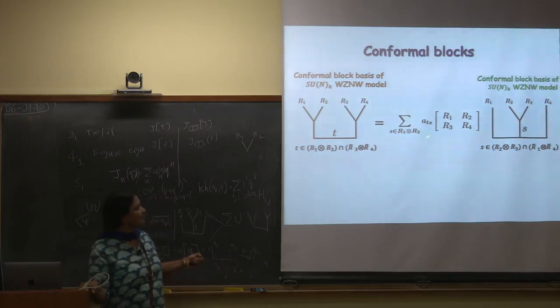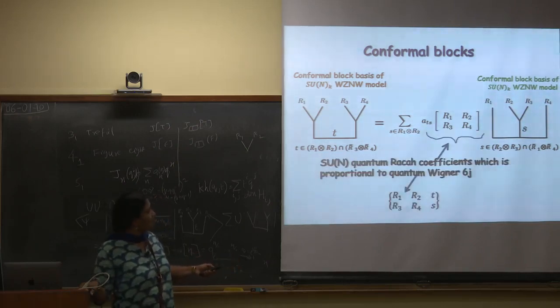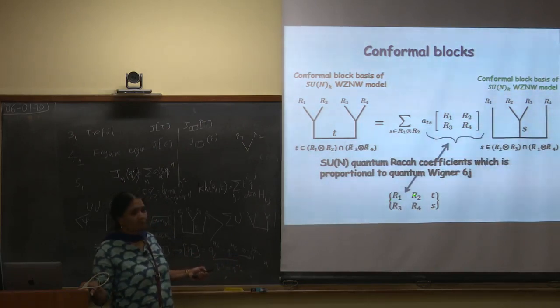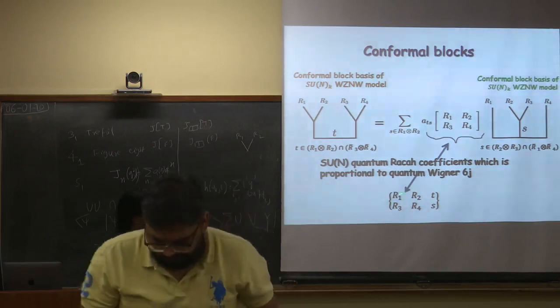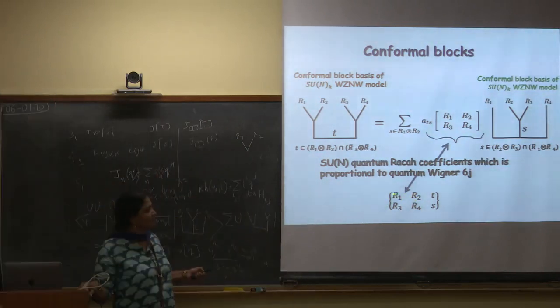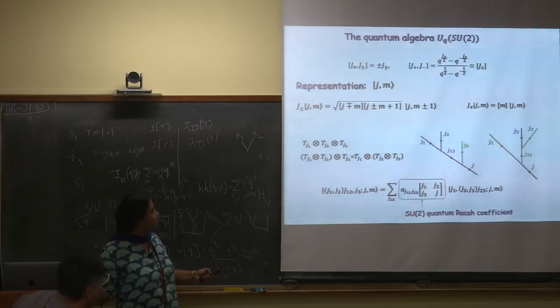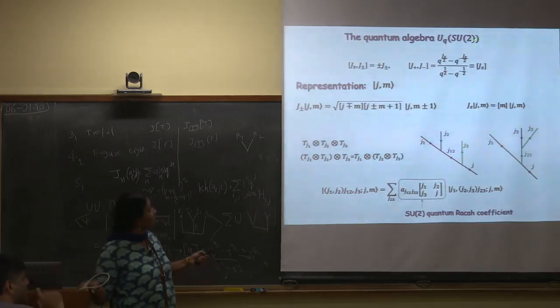So, Wigner 6J. What is the Wigner 6J? Basically, if you take three angular momenta, you can use the associativity property of combining first the first two and then the third, or combine the second and the third with the first. These are the two equivalent bases for a specific R, and T and S are the representations. I have shown this pictorially here for the SU2.